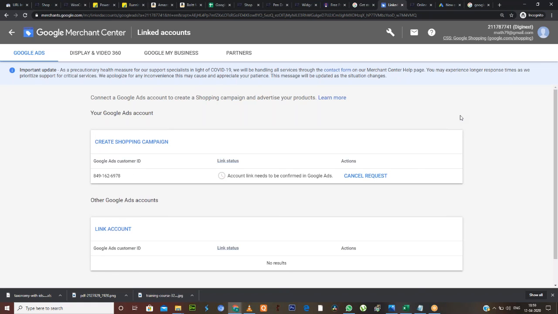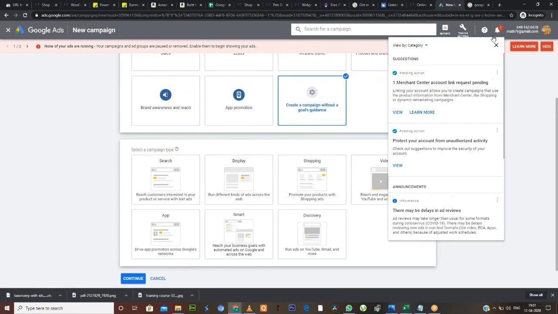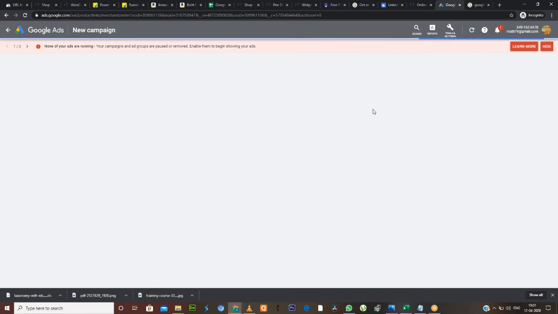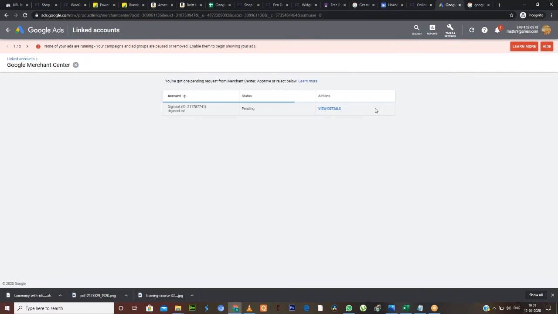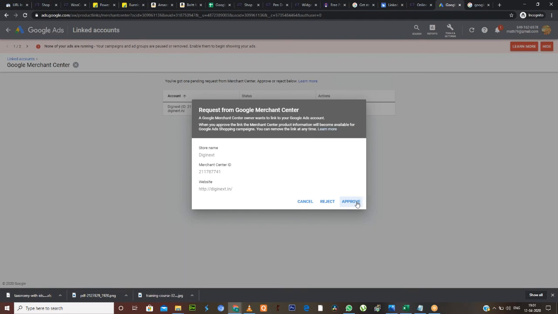Okay, so the account link needs to be confirmed in Google Ads. So now go to Google Ads, click on the bell icon. Yeah, so you can see one merchant center account link request pending. Click on view, view details, approve.